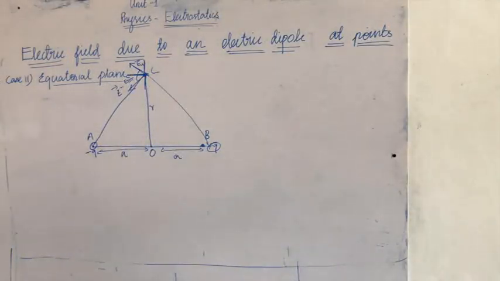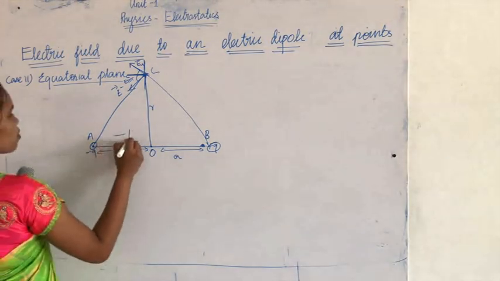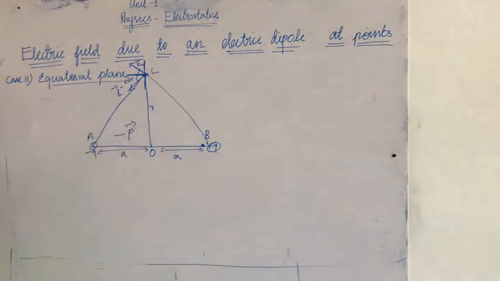The magnitude of the total electric field at the point C is the sum of the parallel components, E plus vector and E minus vector, and the direction of the dipole moment is minus E vector. Dipole direction is minus P vector. Now we are resolving it in the form of a graph.